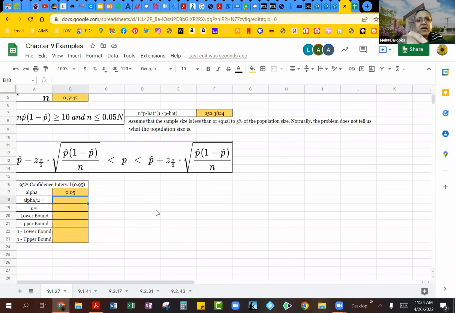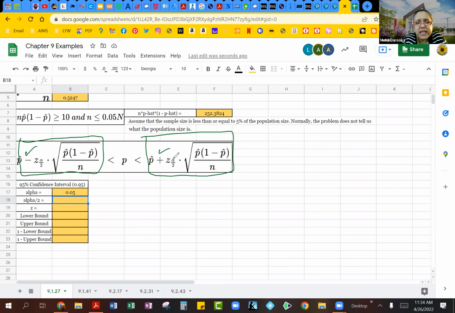And the reason we are doing that, let me show you. If you look at the formula here, this is the formula for calculating your lower limit of the confidence interval and your upper limit of the confidence interval. So obviously you will notice that it's the same formula. The only difference is you have a minus sign here and a plus sign here. But one of the first things we have to calculate, because we already know the p hat value, the n value, is z sub alpha divided by 2. And that's your z score right over there.